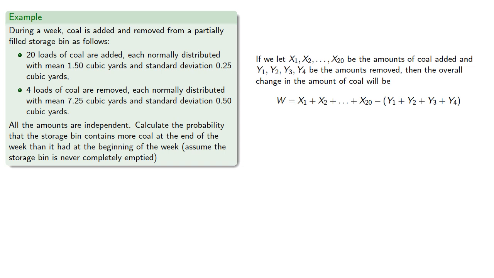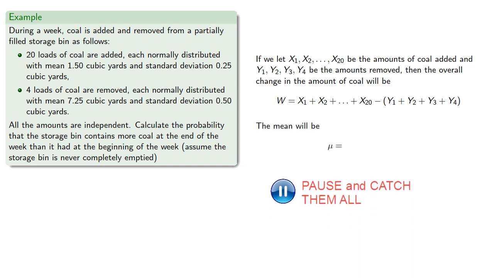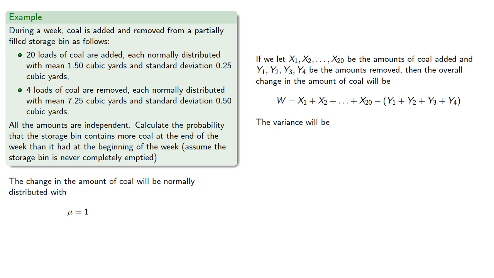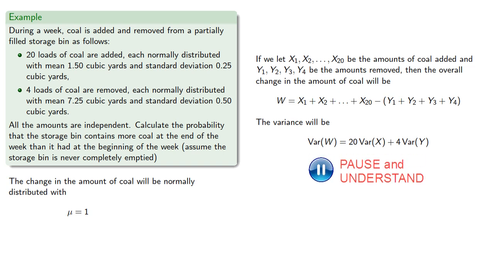and so our mean will be, as for the variance, so we'll be adding 20 variances of x and then adding 4 variances of y. And so that gives us, and so our standard deviation will be,